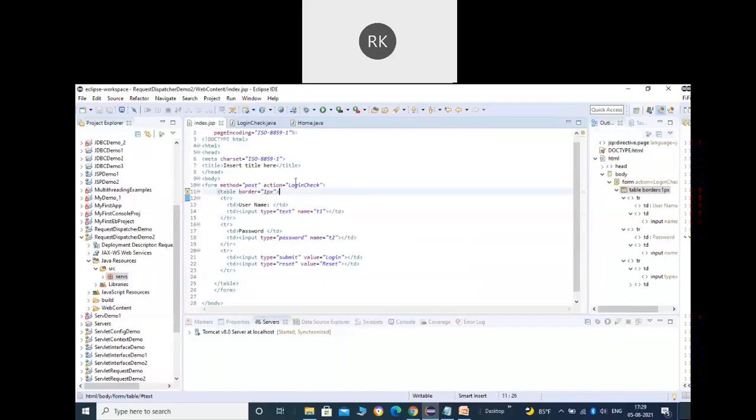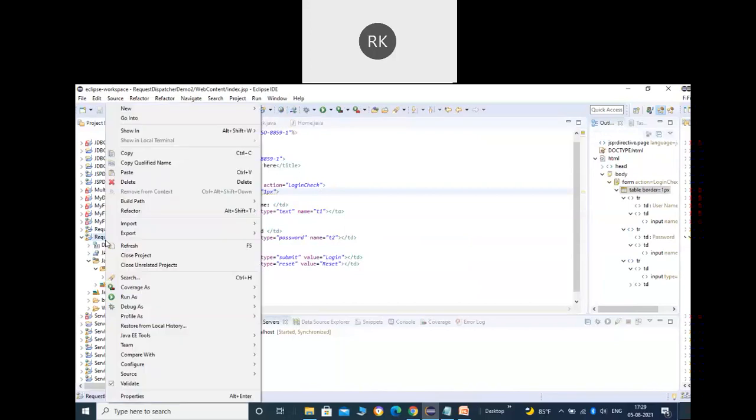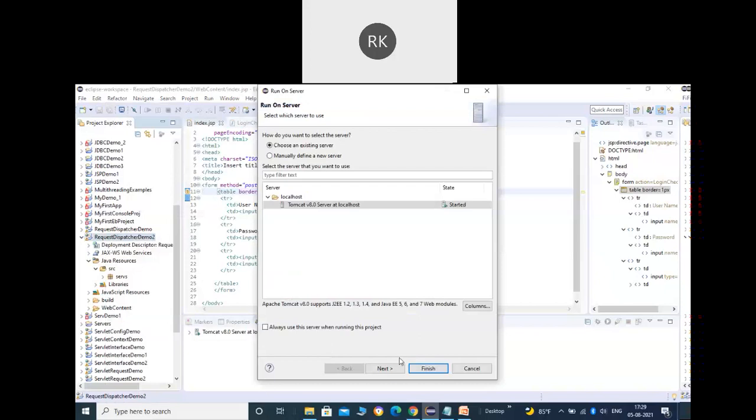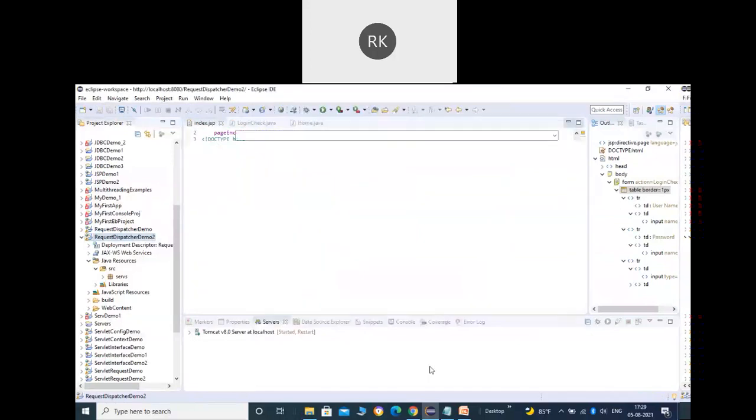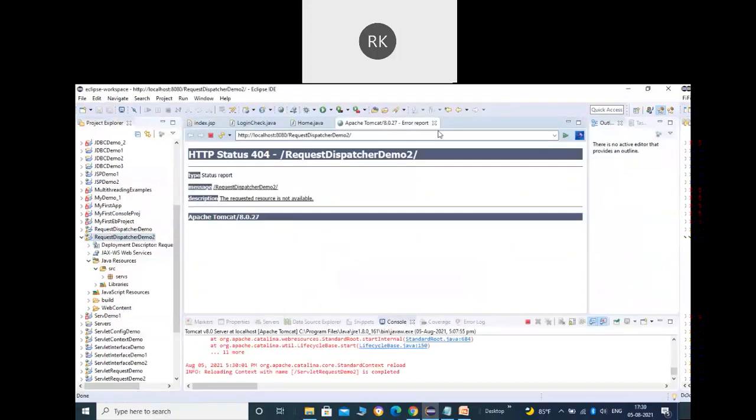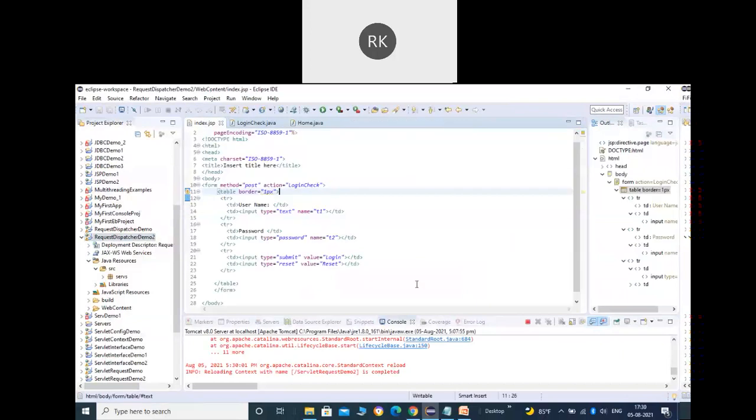The URL pattern has already been defined for both the servlets. Otherwise, if you are not using this annotation, then you have to define the details of both the servlets in the web.xml file. And for the JSP file, it is not required.